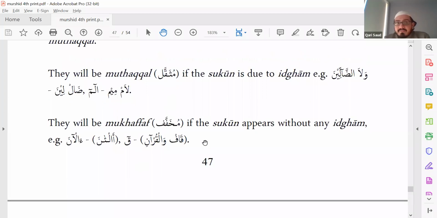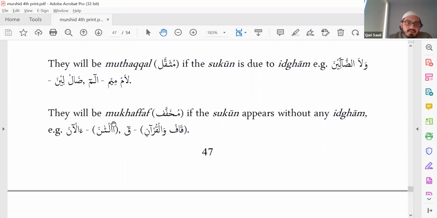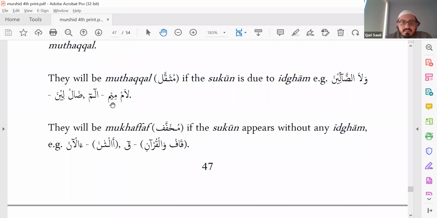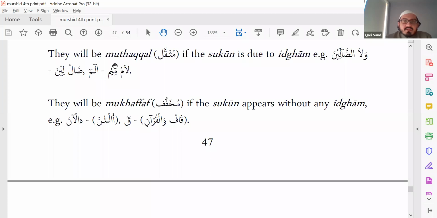Now there will be mukhaffaf. So the example of kilmi and harfi. There will be mukhaffaf, light, if the sukoon appears without any idgham. Example, al-ana. Look here. There's an alif followed by a lam with a sukoon. Remember, there always has to be a mad letter. Either alif or ya. Here, there was alif. Here, there is what? Alif, lam. Okay. And also mim, right? Mim. Okay. Yeah, so this is a ya. Example of ya. And this is example of a alif. Hold on, where is the spotlight? Okay, there we go. So there's an alif and there's a ya and there's an alif.